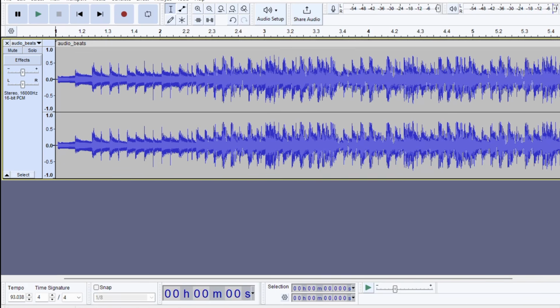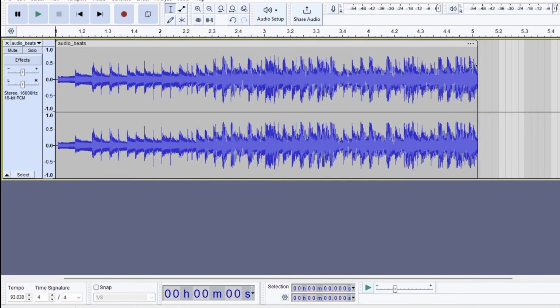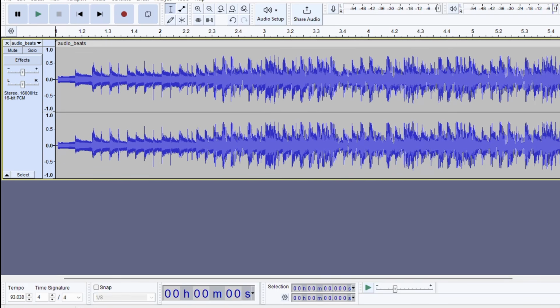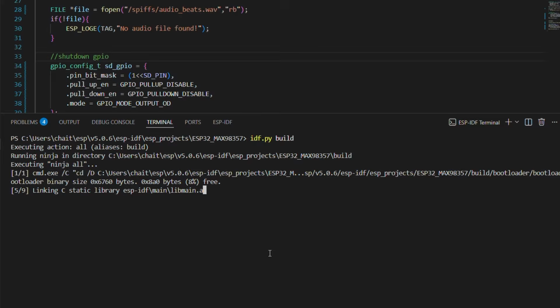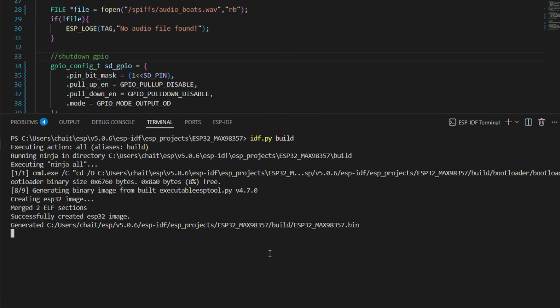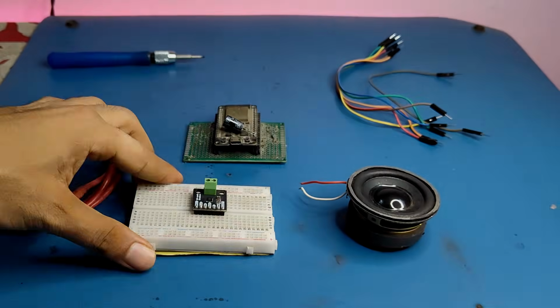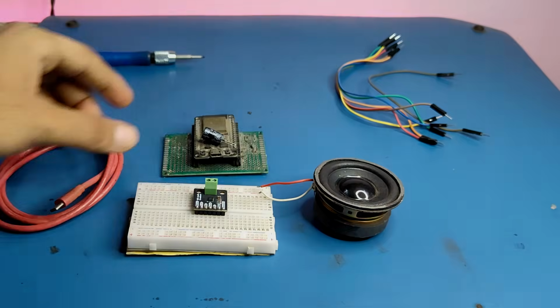If by any chance your audio exceeds that, you just need to trim the audio to fit within the limit. And that's pretty much it. Once the file is ready, we just place it inside the SPIFFS file directory. Alright, now let's open the terminal, build the project and flash it onto the ESP32. Once the connections are in place and the board is powered up,